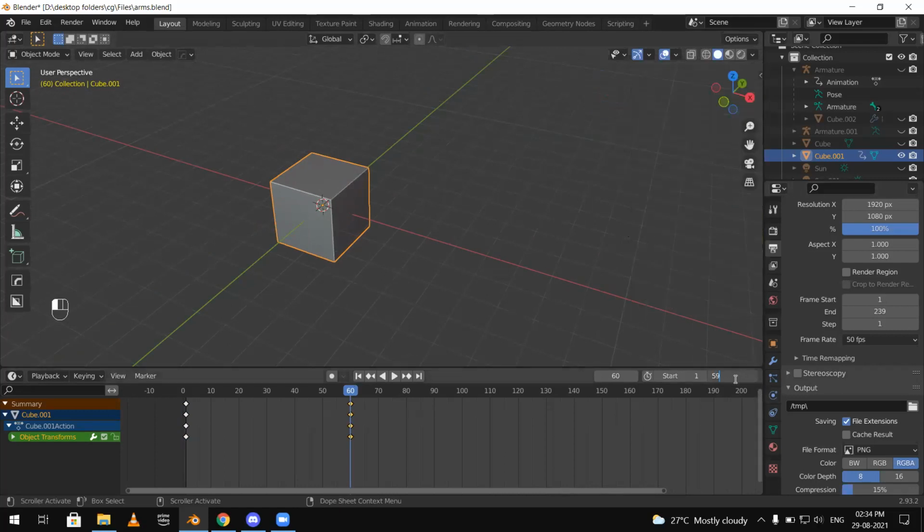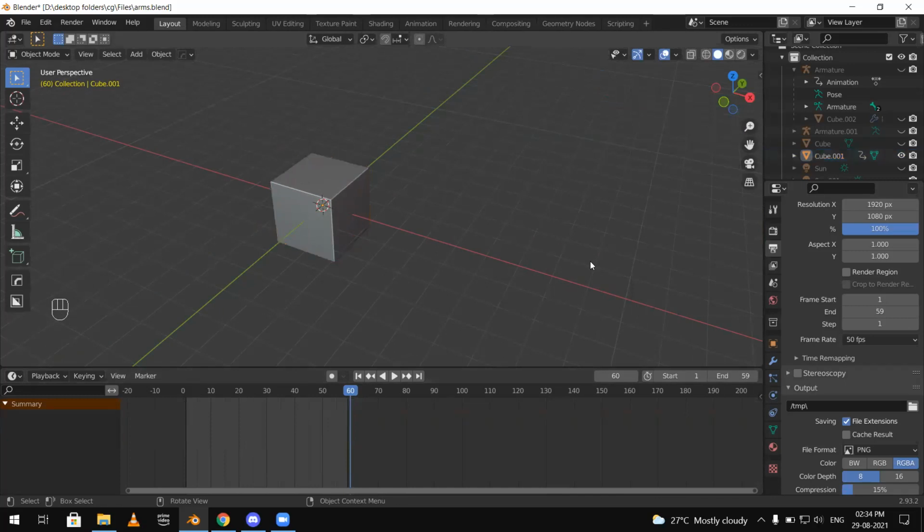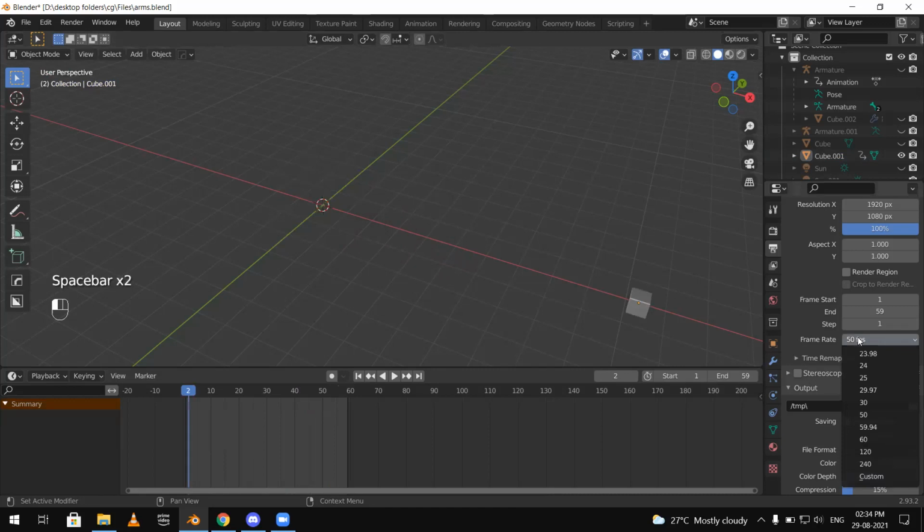Let's make this cyclic, what we did earlier. Select everything, shift plus E, cyclic extrapolation. Now, this is just a basic effect, as you can see.